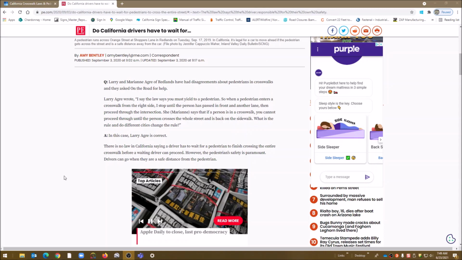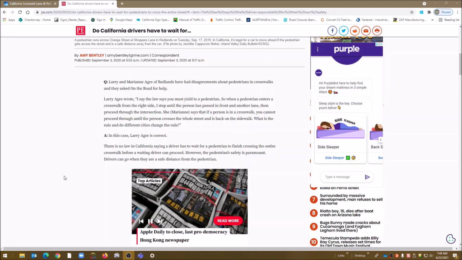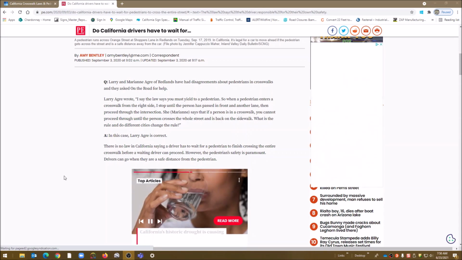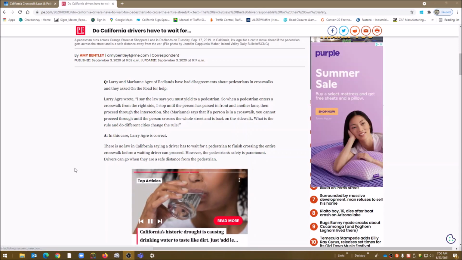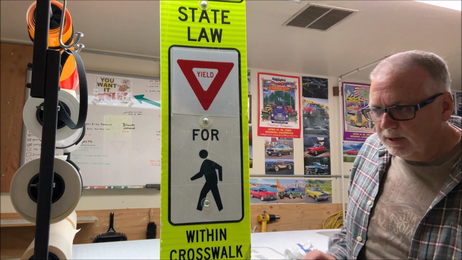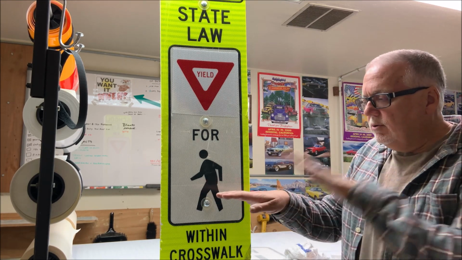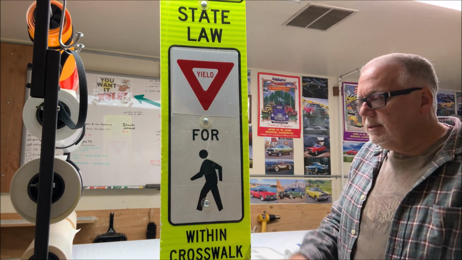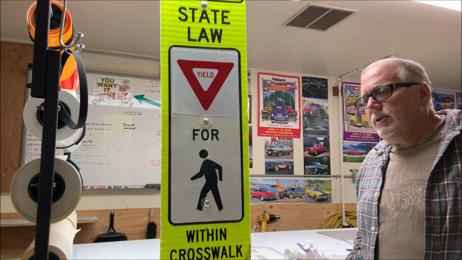But anyways, this is kind of all pertaining to my sticker that I had to change, the stop to the yield. And you know, let's just watch out for people and be nice to people. I'm sure we've all had those instances where you stop, you're in the 2-lane, you stop here, and this car just comes by and doesn't see the car. So you got to pay attention to when you're crossing the streets.